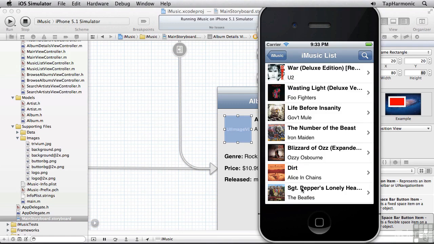Our search UI is now complete, and with it we're able to navigate all of the scenes in our app. So we've covered a lot of ground in this chapter's lessons. We've converted our existing nib-based project over to use storyboards, added new scenes to display the album details, and created a prototype of our search UI. Along the way, we've seen how to use scenes and segues and pass data between various scenes in our app. You should now have a good understanding of the very cool new storyboarding features